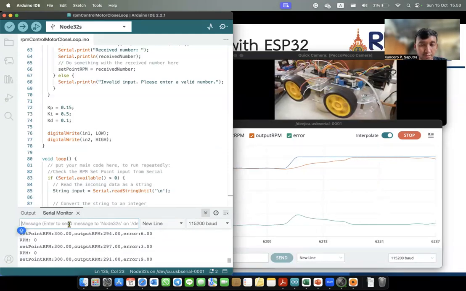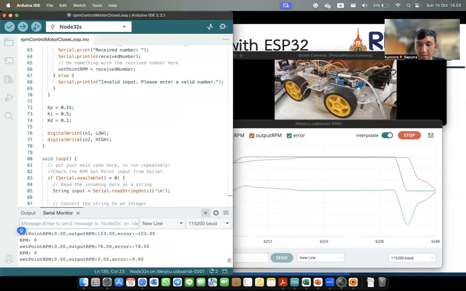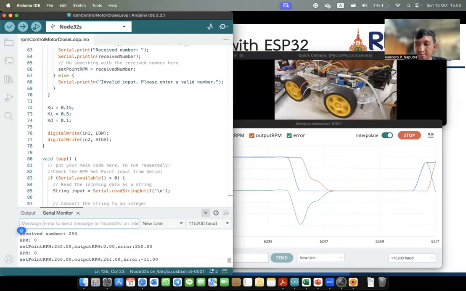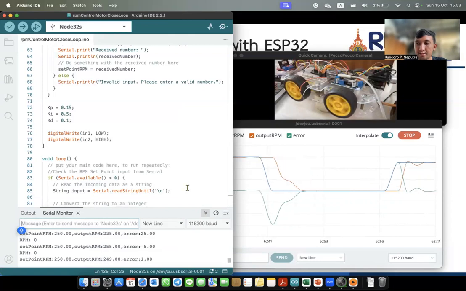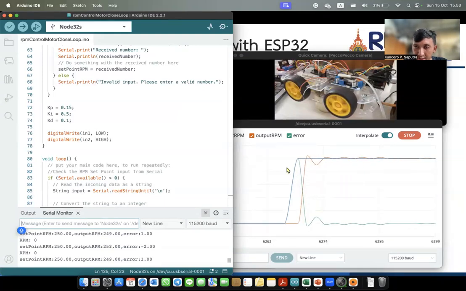So I will try to stop the motor. The response is like this, and I try to set the RPM to 250. So we can see a smaller overshoot here, the rising time is maybe faster, but we can see some oscillation as it tries to make the RPM stable at 250.